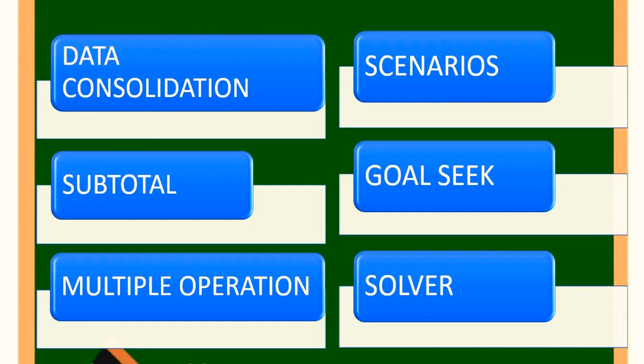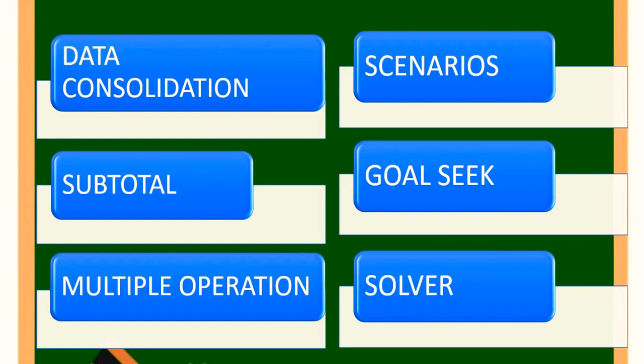Scenarios means if we want to categorize the data, I can go to this option scenario. It's a tool for what-if questions. For example, in 10th standard, I'm having a list of 190 students' names in my worksheet. I just want 10A students alone, so I can categorize students like 10A, 10B, 10C, 10D, 10E. So I can create the scenarios like all the classes, and display the class names easily by using the scenarios.